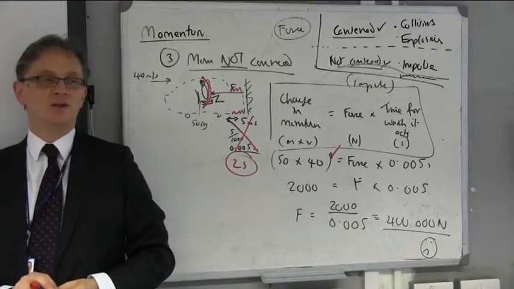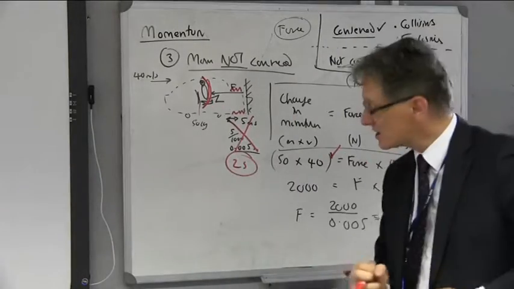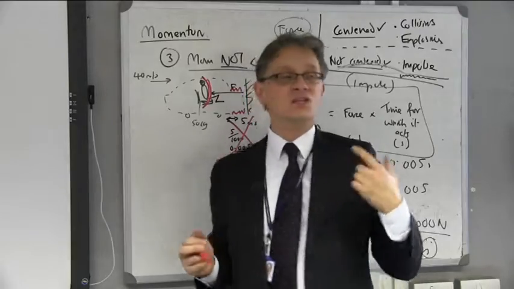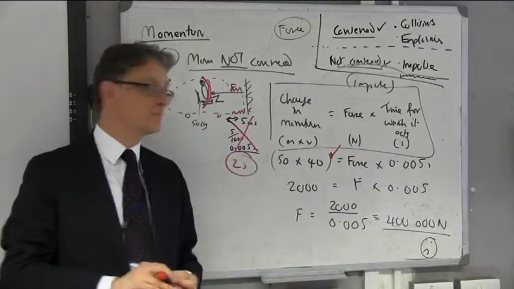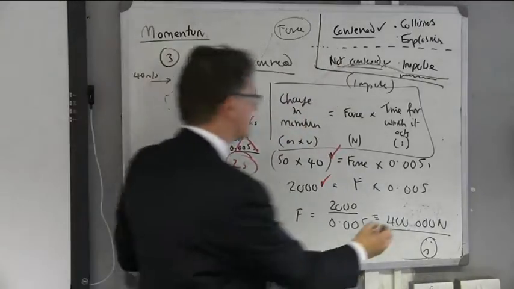How much momentum has the person got to lose? Exactly the same. They're still 50 kilograms, they're still doing 40 meters per second, and they're still stopping. They're still losing 2,000 units of momentum. So this 2,000 isn't going to change. Okay? What is going to change